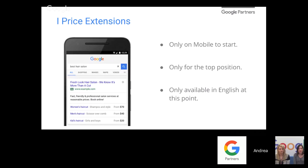Fantastic. And so next up, price extensions. This once again is another mobile first extension that we're looking to launch. As you can see from the image there, you'll be able to add extensions for different prices for key products or offers that you have. The example we have here is for hairdressers. They've put in their top 3 main categories of haircut,